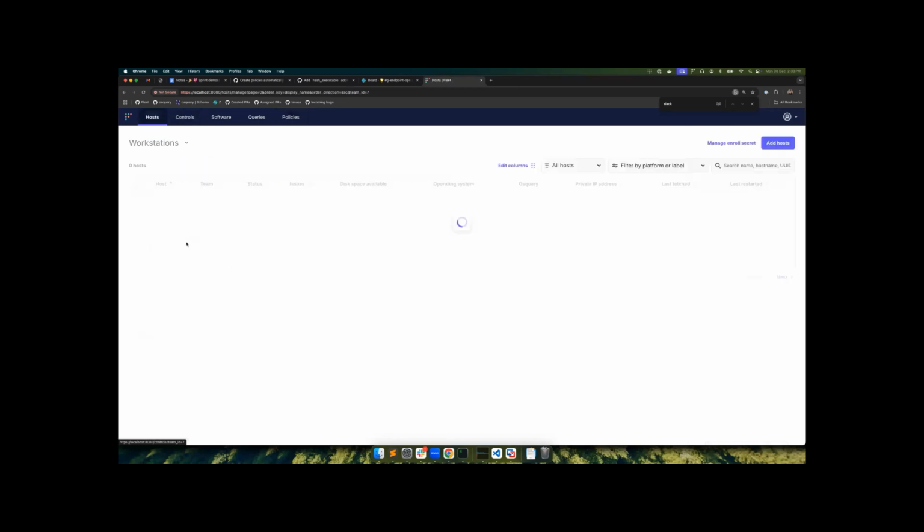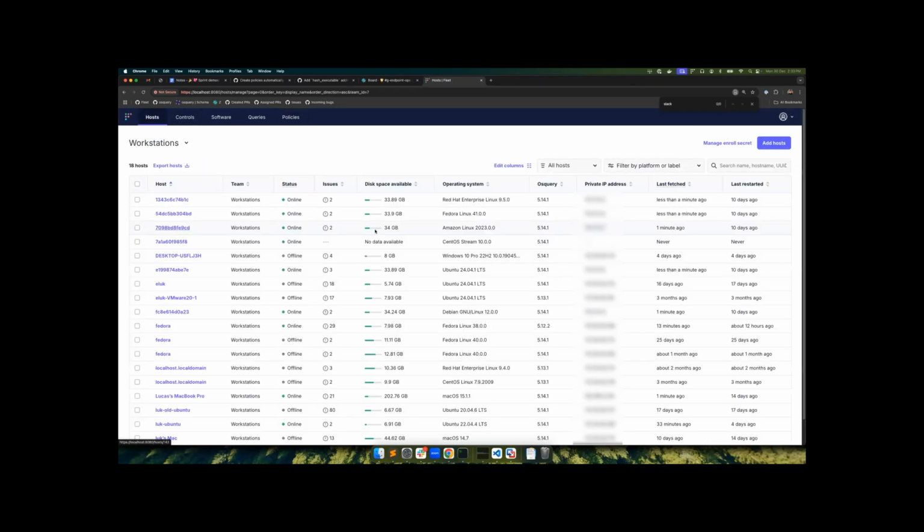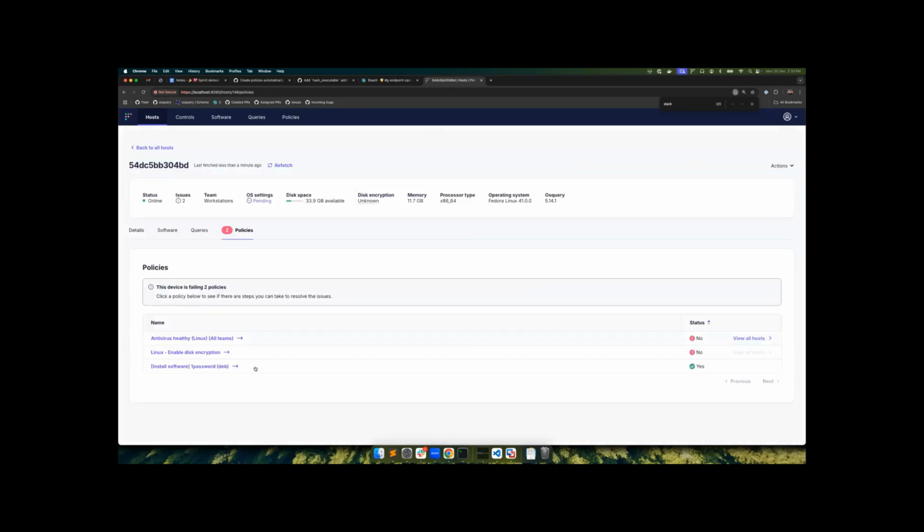If we go to hosts, and we see, for example, Fedora, you can see here that on a Fedora system, the deb package will pass, and we want this to be